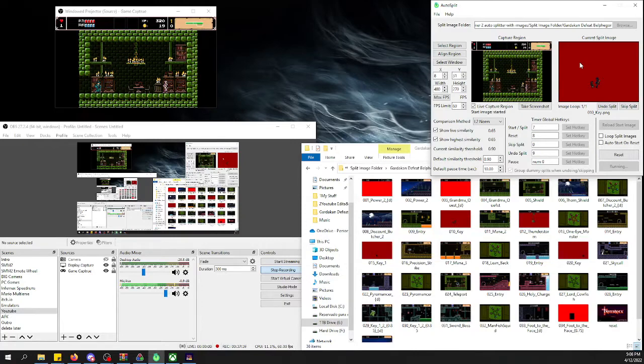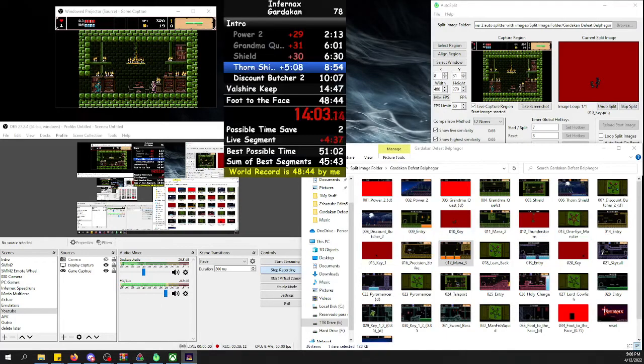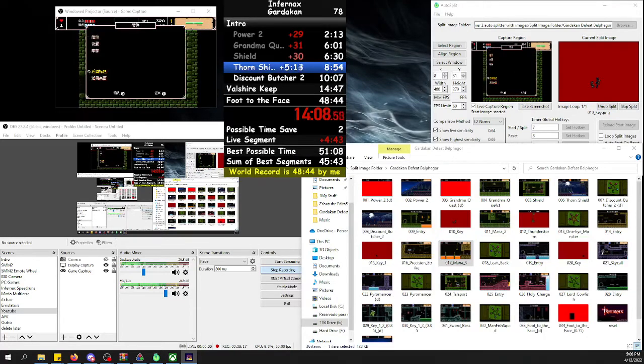But for now, that is a quote-unquote simple tutorial of how to make sure your auto-splitter works with whatever game you are playing. In this case, it is Infernax, showing you how to name your images, how to take the images, how to skip the images if you are behind or ahead, how the different titles work, and just to show you right here, I showed you how the game ended up starting,